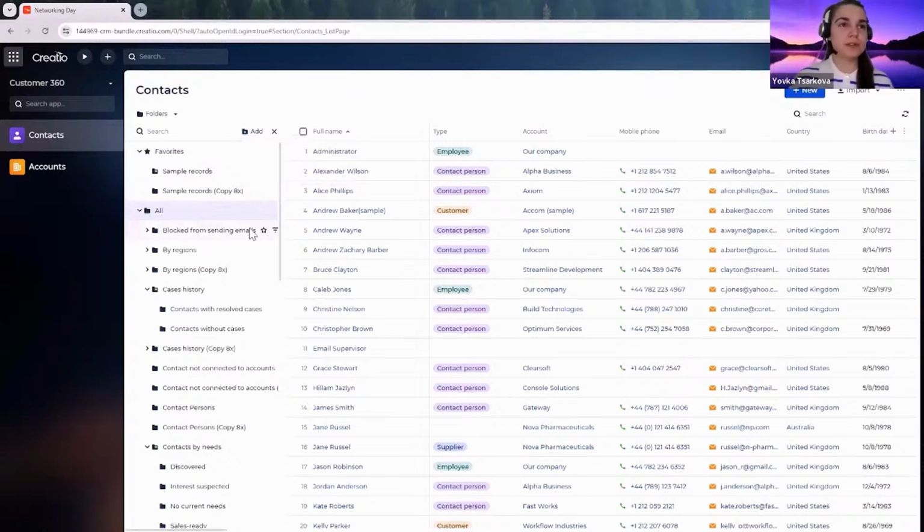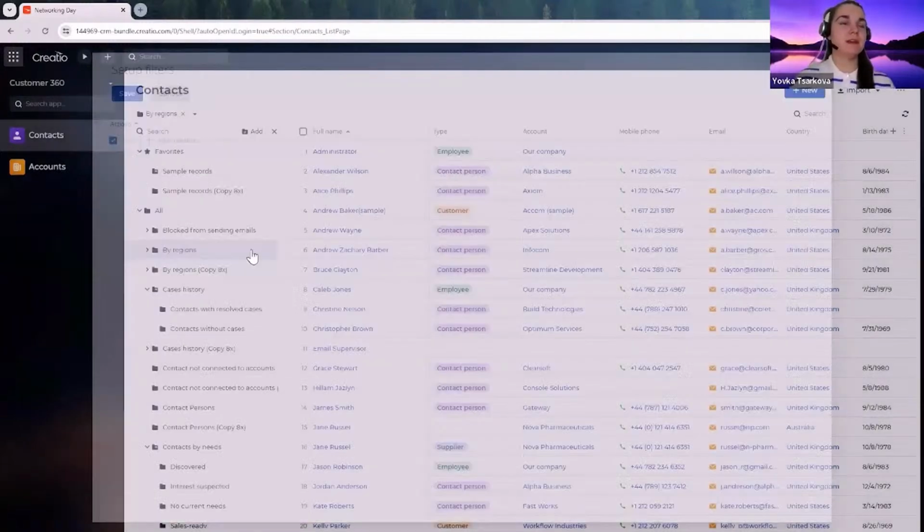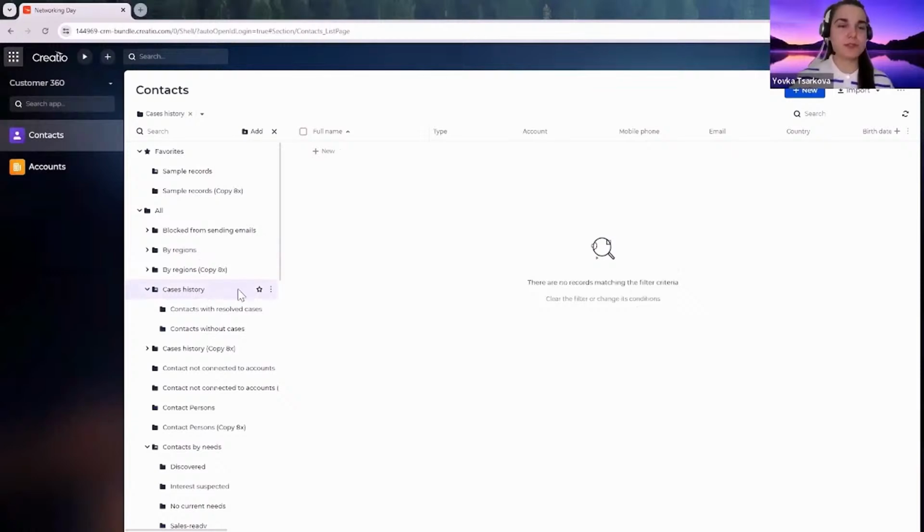Right, and in all of the dynamic folders, you have here the option to set filters. So the folders will be changed dynamically every time a contact matches this filter. And the static folders, they don't have that possibility. You just create and you add the contacts that you need inside